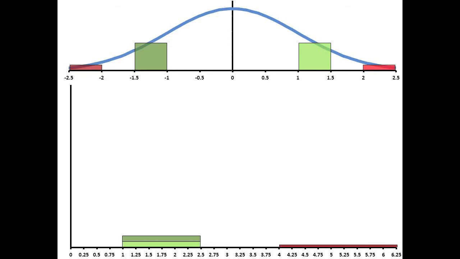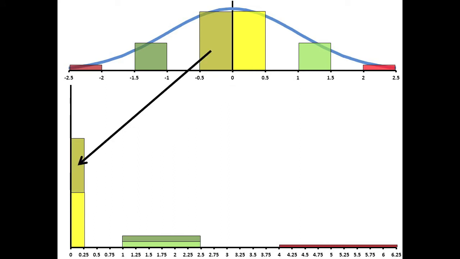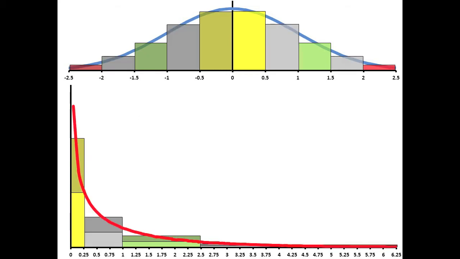Thus they will be more spread out, and so the likelihood of getting a particular value in the set of squared values will be less. Next, points that started between 0 and 1/2 and 0 and minus 1/2 will map to the narrow zone between their squared values, namely between 0 and 1/4. If we continue this process for all ranges in the original graph, we obtain the graph shown. This figure is the chi-squared distribution for k equals 1 degrees of freedom.